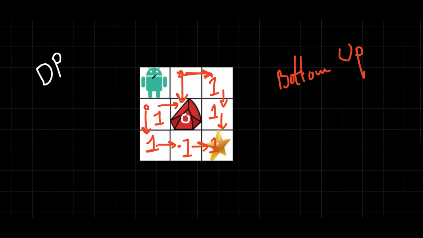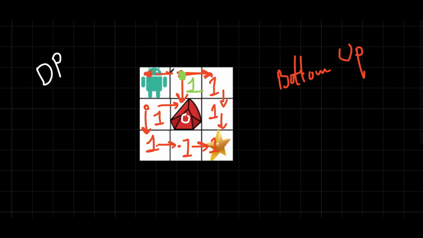That means from this cell, we have to add 0 and 1, which is 1 here. So we can say that from this cell, there is only one possible way in which we can reach the destination cell. Now, for this starting cell,